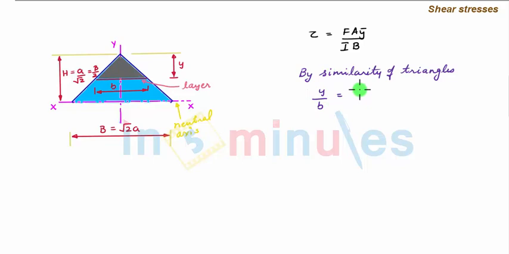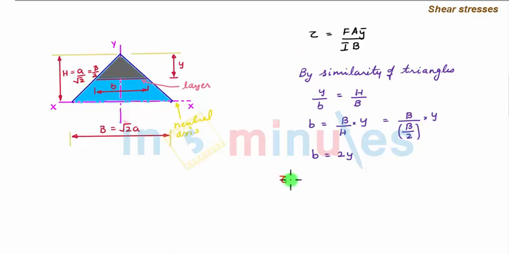y by b is equal to capital H by capital B. So from this we get the value of b as capital B by H into y. Now upon substituting the value of H in terms of B, we get B upon B by 2 into y. So we get the value of small b as 2y. So now upon substituting the value of b and I in this shear stress equation, we determine the shear stress